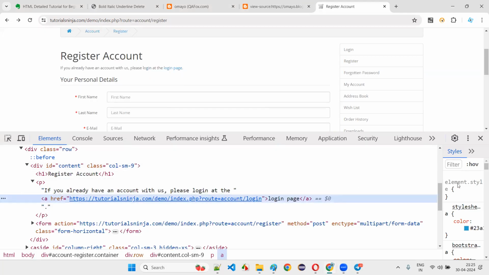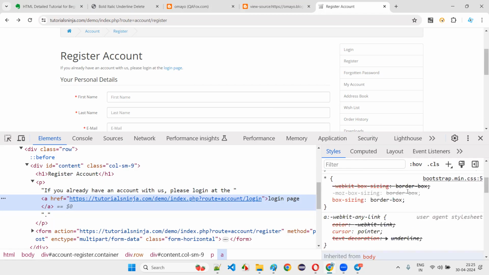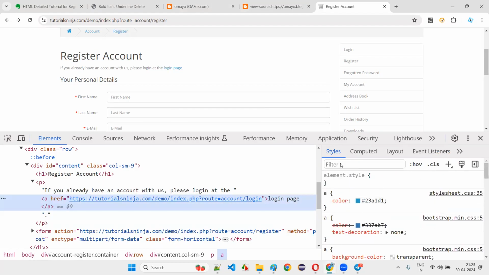Because there is some CSS applied for this particular element. If you select this, there will be some CSS applied. You see, the color of the hyperlink should be this color. Some CSS properties got added. We have not gone into CSS selectors yet, I'll tell you. Whether it should be underlined or not, the CSS styling will mention it. Maybe an external CSS is there. For this particular element, what is the style? It should be coming just in this color.